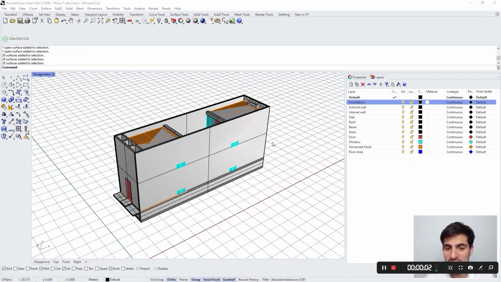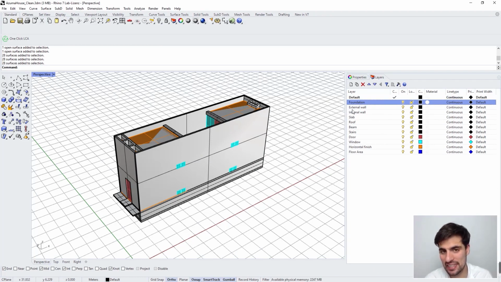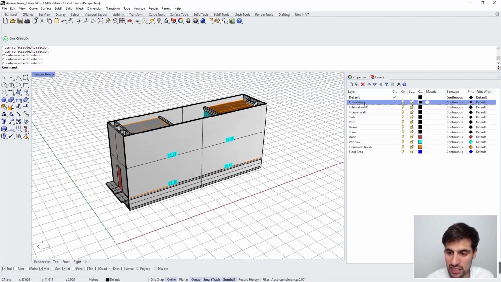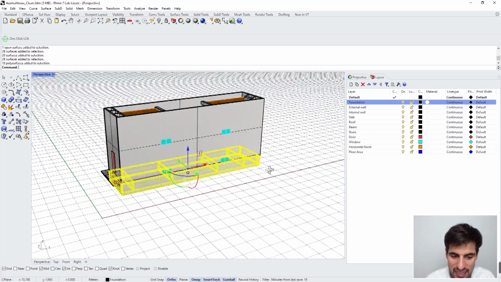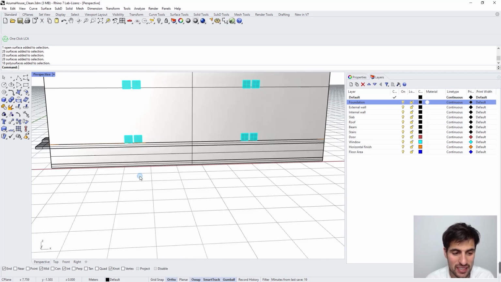Okay, so I have my model cleaned up and ready to use. You can see that I have deleted the objects that I don't need, and I have sorted everything into these layers that are the ones suggested right in the documentation that we just saw. So basically we have the foundation layer, and in this case you have noticed that I have added this basement